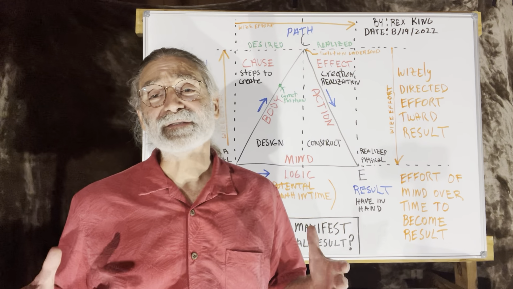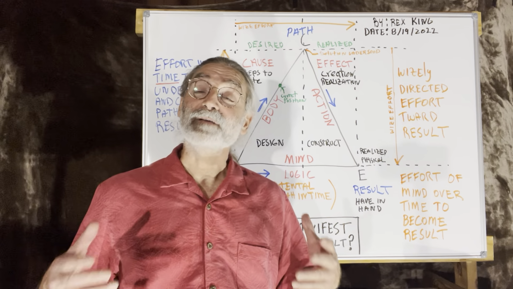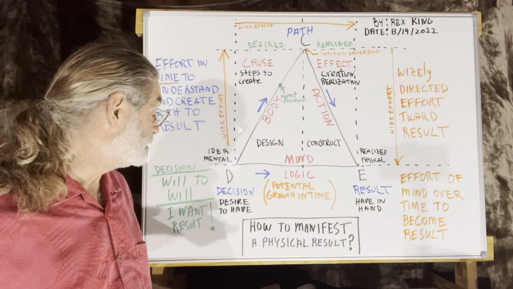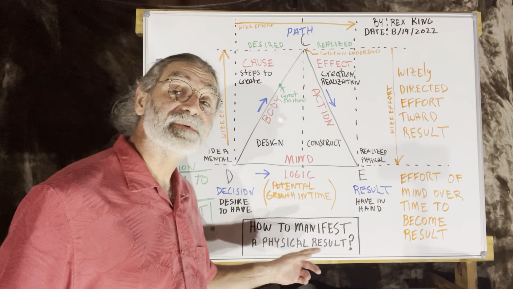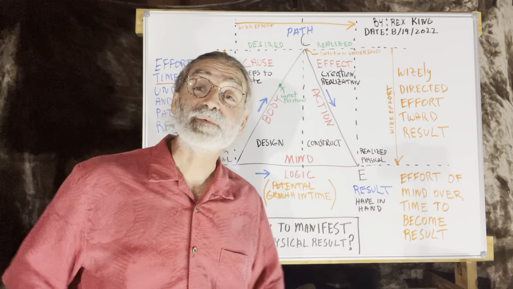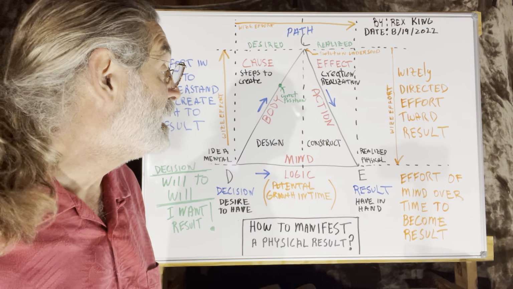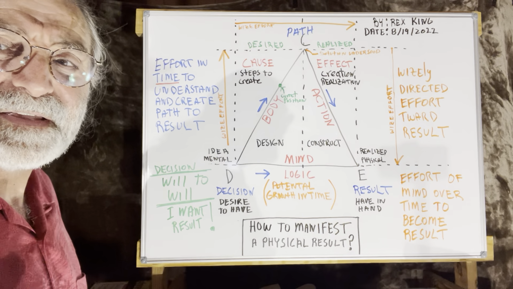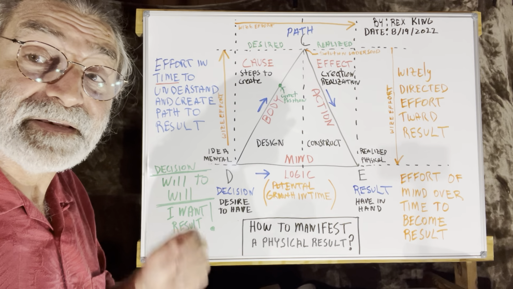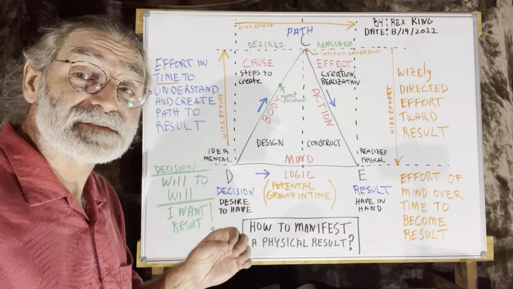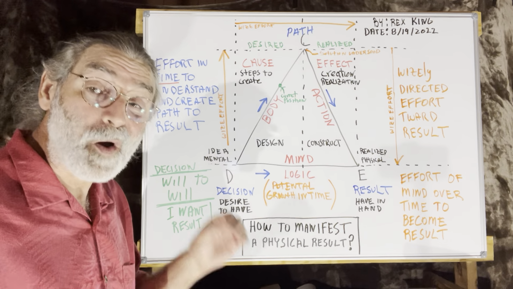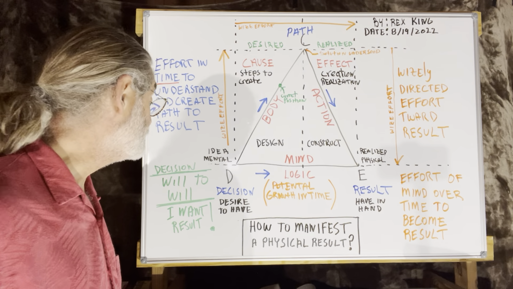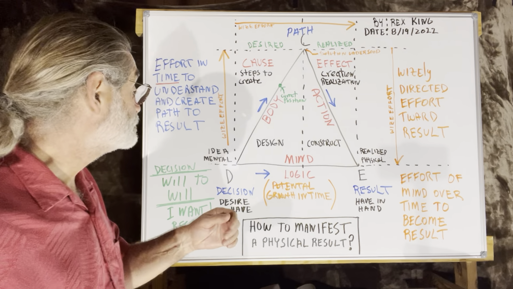I've put together this image behind me so that we could take a look at what it actually takes to manifest the life of our dreams, to manifest a physical result in a physical world. How to manifest a physical result. We're going to answer that question as best we can in this little short video. This image basically helps a person recognize what it takes in order to accomplish a purpose, and it reveals a key to actually accomplishing a result from a decision that we make. So let's just jump right in.